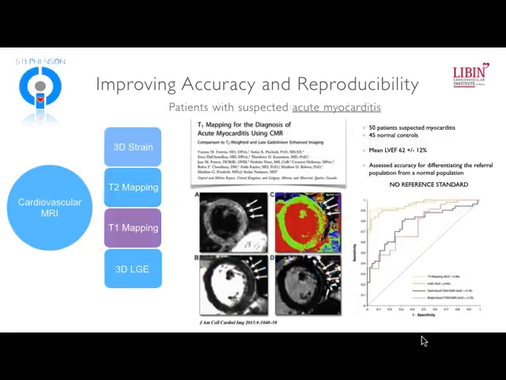Now, T1 mapping has certainly had a greater wealth of study and publications, maybe not in this particular clinical arena, but there are a couple of studies worth mentioning that have really focused on native T1 mapping, so non-contrast T1 mapping for the detection of acute myocarditis. This was work published out of the Oxford group, and it was a study in 50 patients suspected of myocarditis in 45 normal controls. And you can see by the EF that these are mostly patients not presenting with heart failure, but usually presenting with chest pain syndromes.